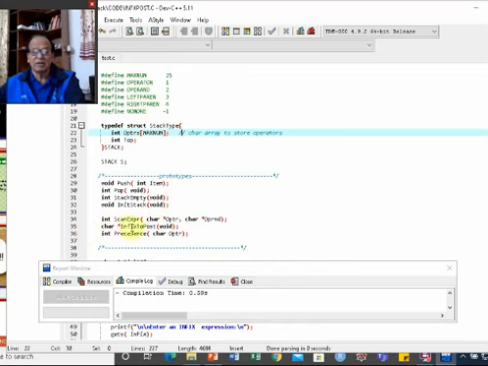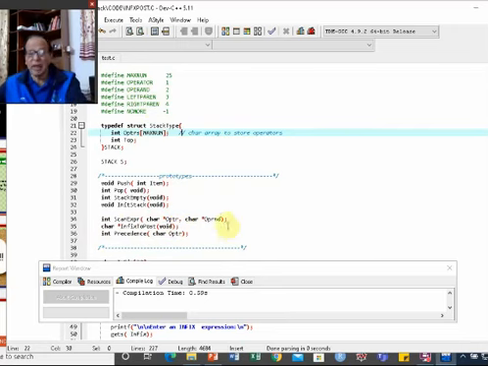Now this is the function infix to postfix, which will do the conversion of the infix expression into postfix expression, in which all the other functions are being used.